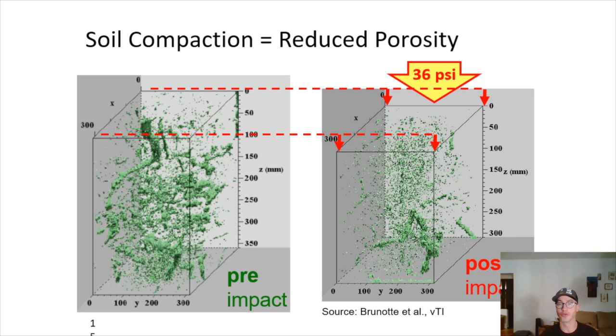And this is a really good visual representation of that, with a non-compacted soil on the left, where you can see nice big pores that are connected and continuous that go through the sample here. And once that's compacted, you see that really the first thing that disappears is those big pores, the ones that would channel water through, the ones that roots would grow through, and the ones that let those roots grow and